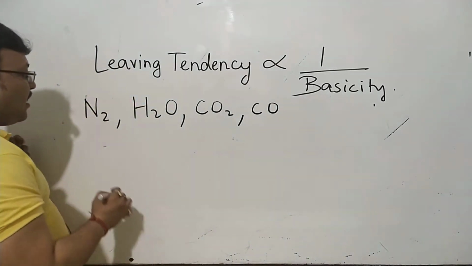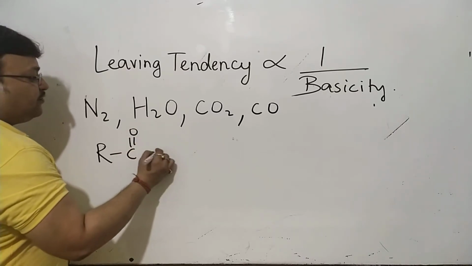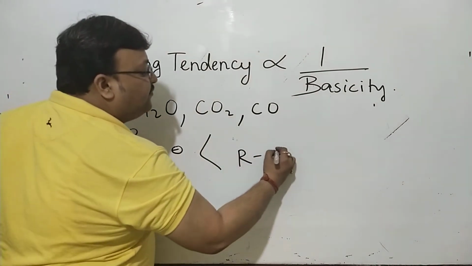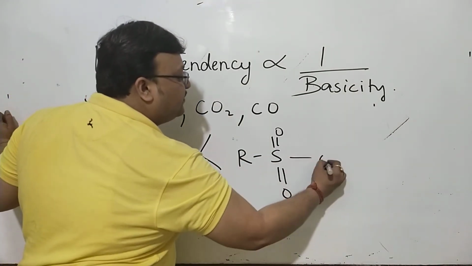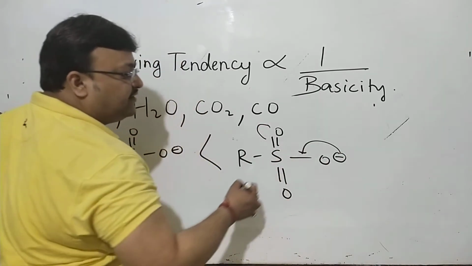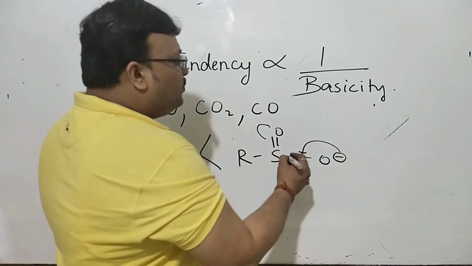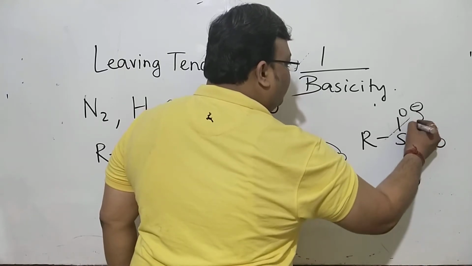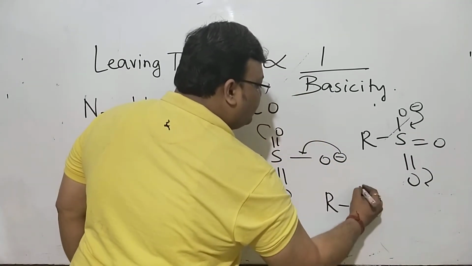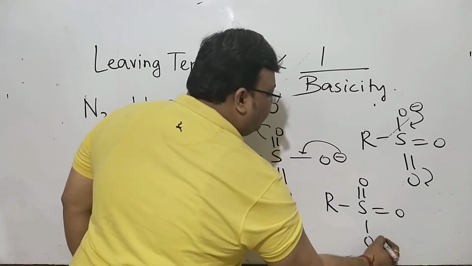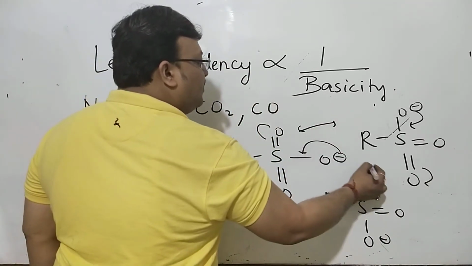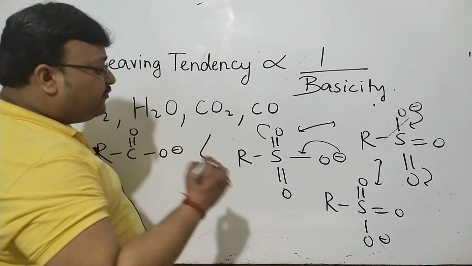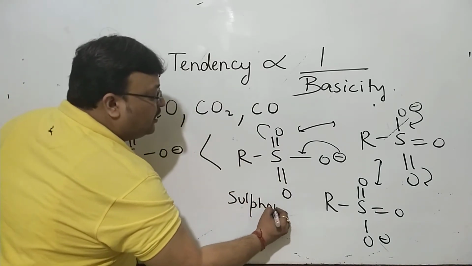and then species like RCOO minus, which are stable by resonance. Even more acidic, compared to RCOOH, you'll have sulfonic acid groups, RSO3 minus. They'll give you 3 equivalent resonating structures. You can draw this as a structure, you can draw this as a structure, and naturally with this coming down, there are 3 resonating structures possible. You must know that these three structures are equivalent in nature, very, very stable, very good leaving group. They're called sulfonate anions. Sulfonate anions are very good leaving groups.